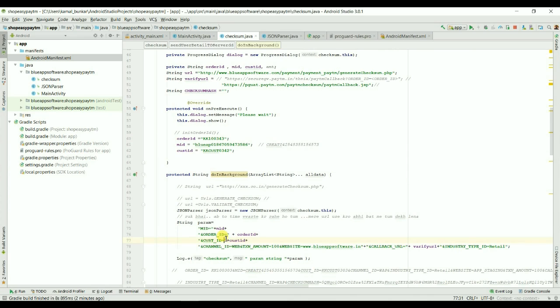Maybe a parameter is wrong. The channel ID may be WAP, which is creating the problem, or the industry type is wrong. So please cross check these parameters. They must be the same.